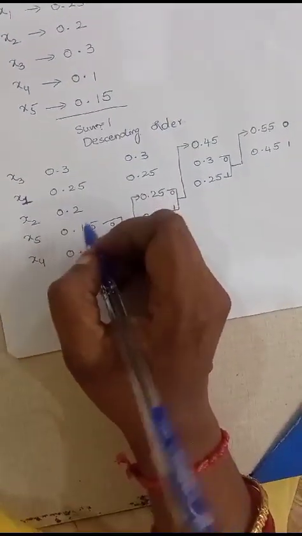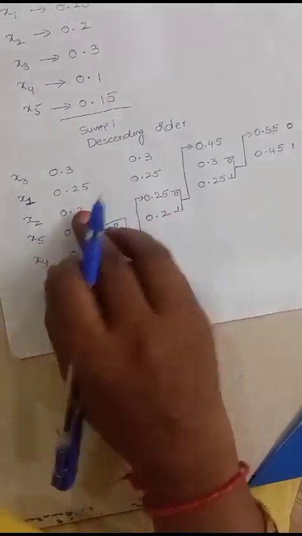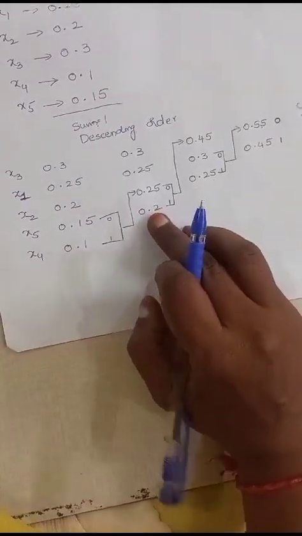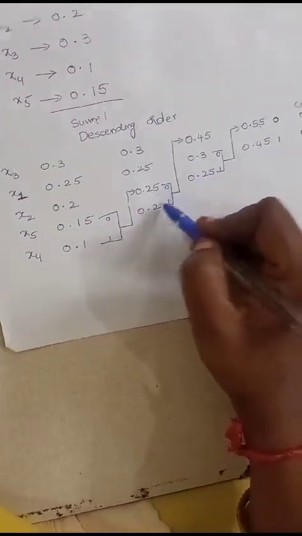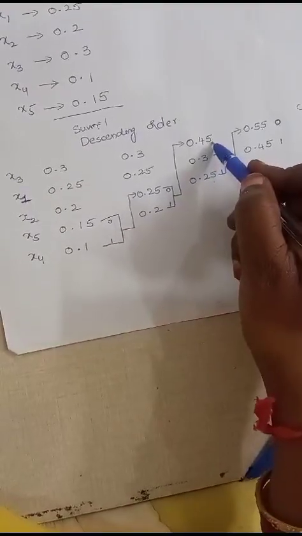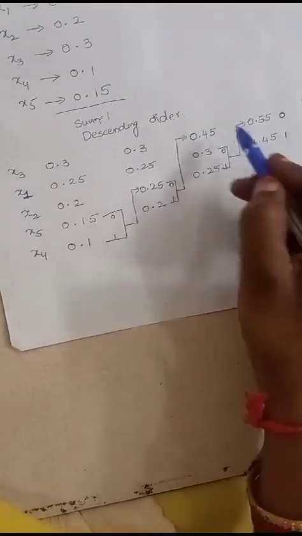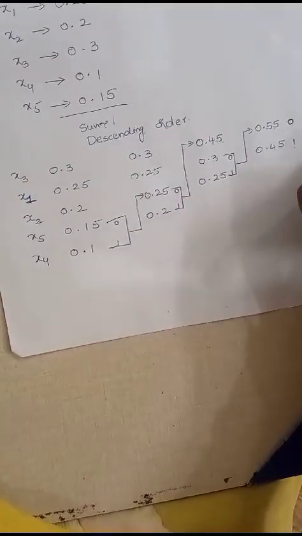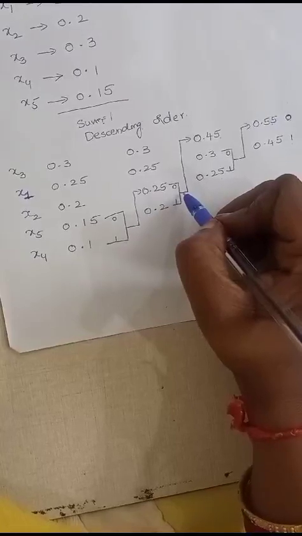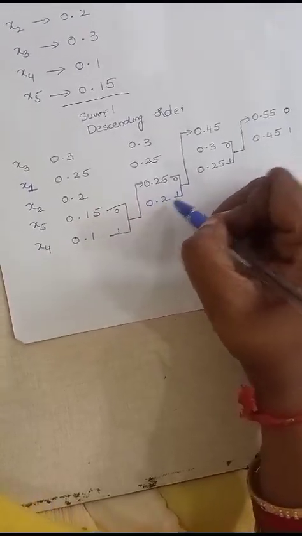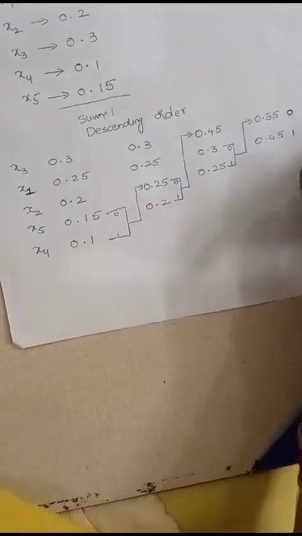Next, if you take 0.2, this 0.2 remains 0.2 till here, but here these two have contributed to 0.45, where the code for 0.45 is 1. So this 1 we give first, then due to 0.2, now that is the second bit of